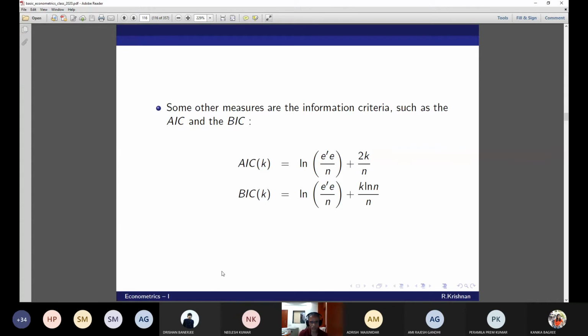The reason is you can use the Schwarz information criterion or the Bayes information criterion, also called BIC, when you are not sure about why you are estimating a model. I'm not sure what I'm aiming at. Forecasting, I'm not sure. Consistent estimates, I'm not sure. Whether I'm interested in a model which will give me a set of parameters in the true parameter space, I do not know. When you are not sure of the objectives, use BIC, the Schwarz information criterion. My experience is, always use BIC. Forget others. Always use BIC. So how do you use it?